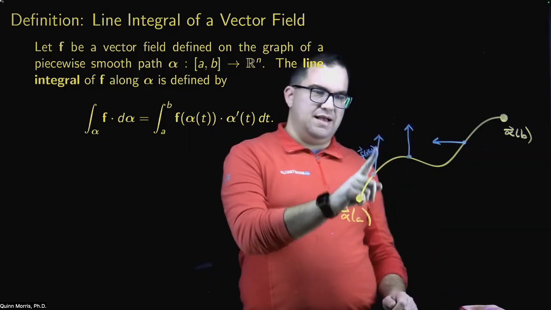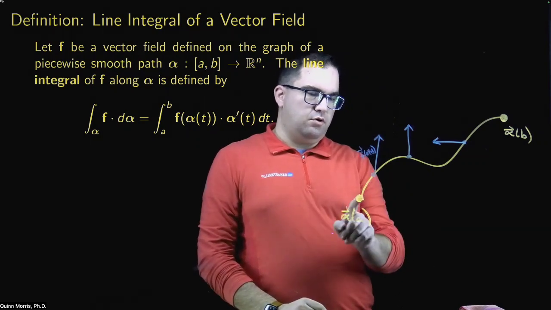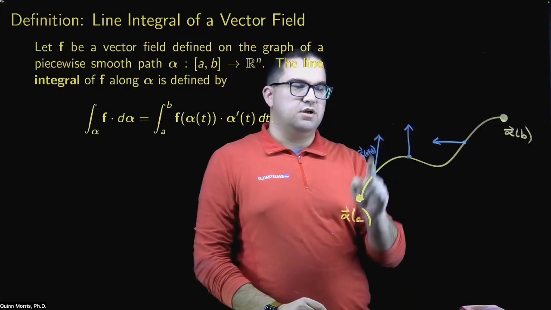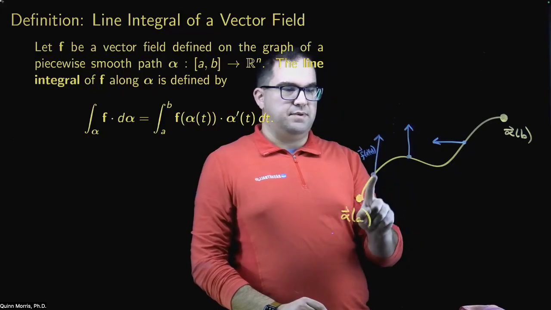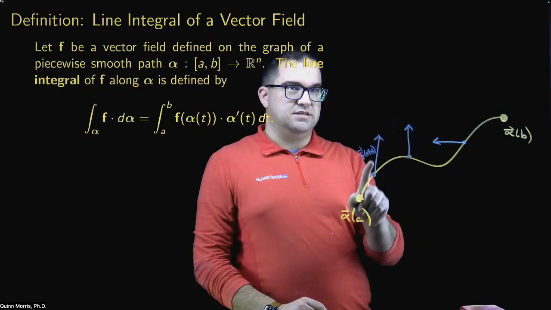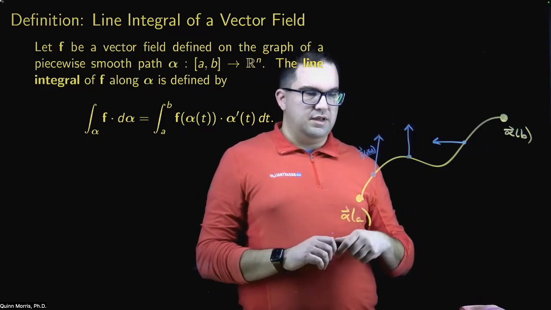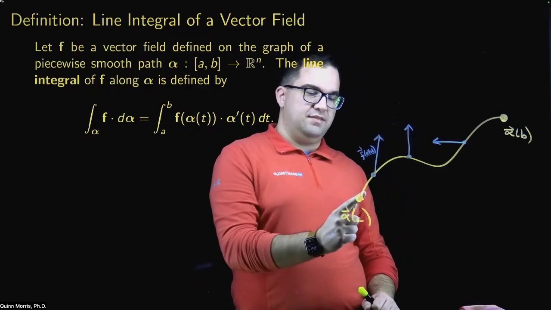And at each point, yes, this vector is pointing this way, but the particle or whatever's moving along this path is not moving in that direction. So not every bit of the vector field that's being applied to whatever's moving along this path is in a productive direction. So what I really want to measure is the component of this vector that's moving in the same